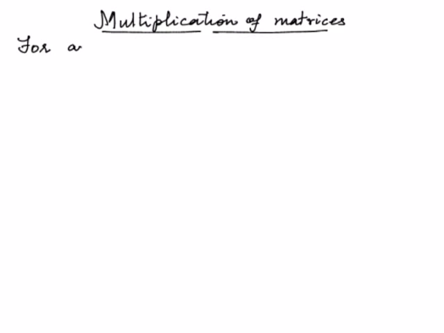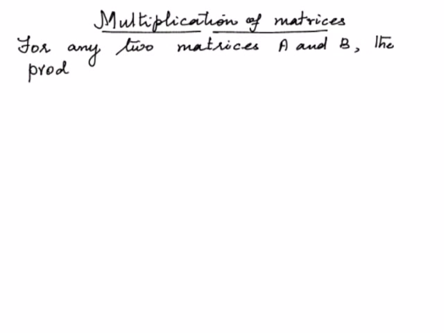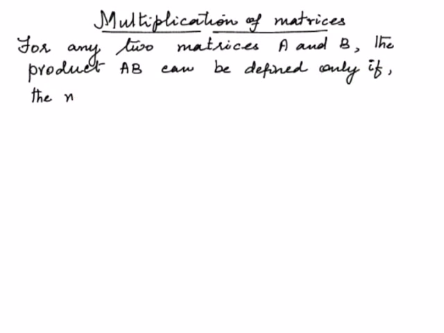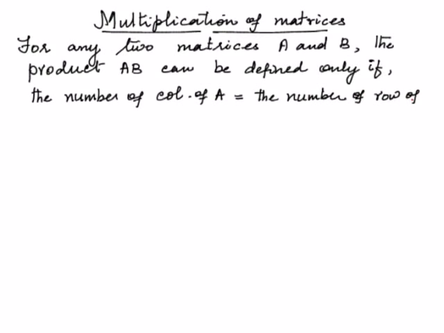For any two matrices, A and B, the product AB can be defined only if the number of columns of A is equal to the number of rows of B. That is, if A is a matrix